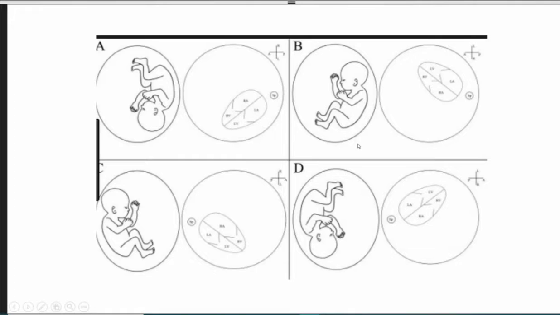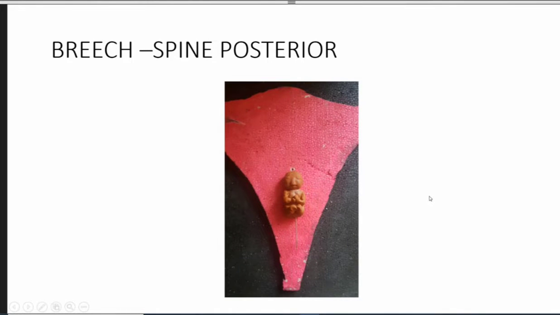When the baby is in breech, the spine to the left is the position where the heart points anteriorly. When the baby is in cephalic, spine to right is the view where the heart apex points anteriorly. In the other views, the apex will point posteriorly. So we need to wait for the apex to point anterior before starting fetal echo. Let us look at the positions of the fetus in the uterus and the cardiac position.